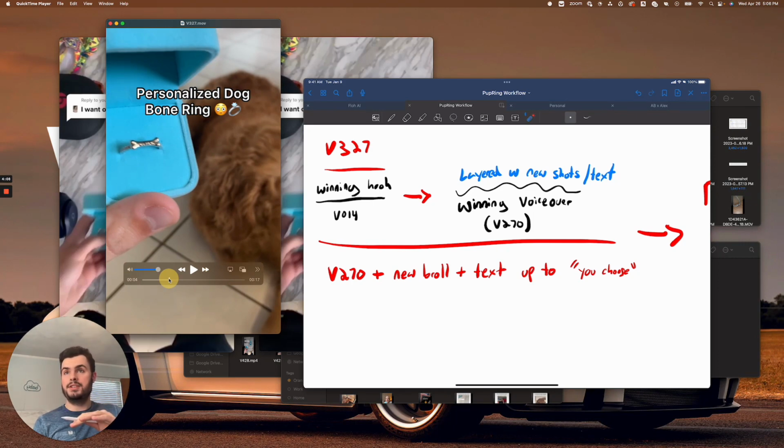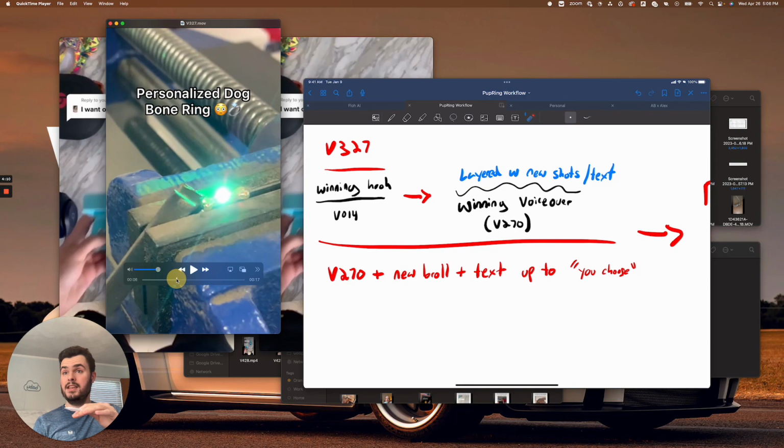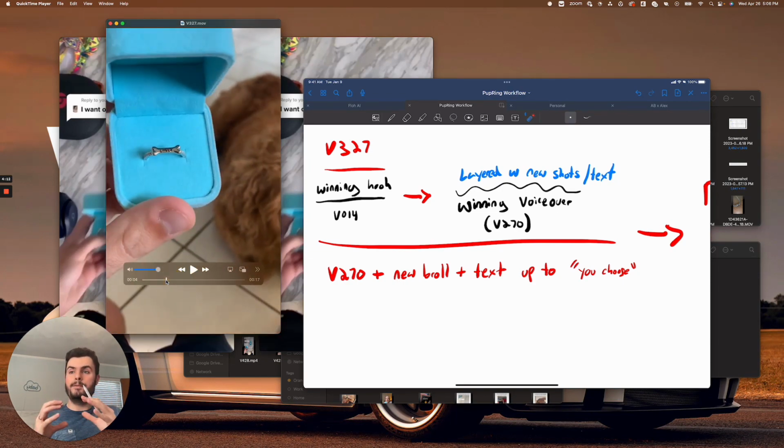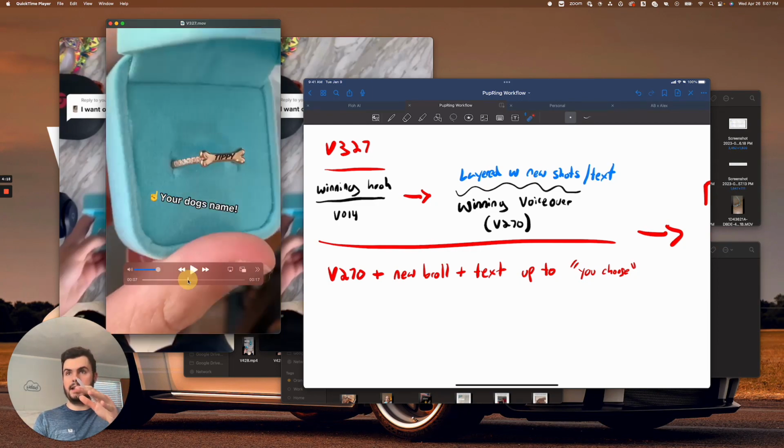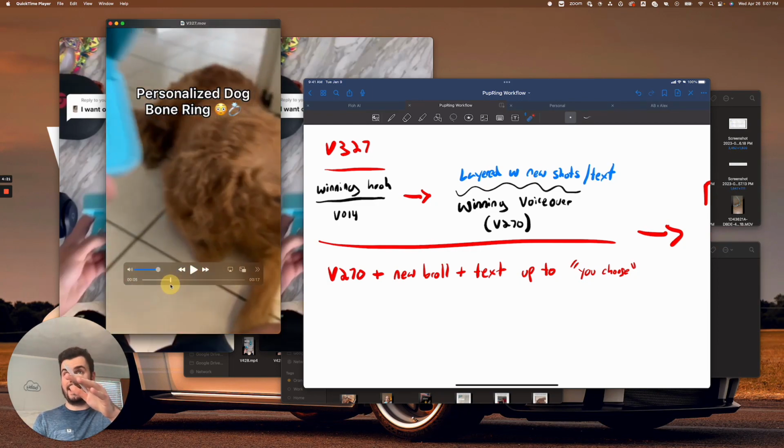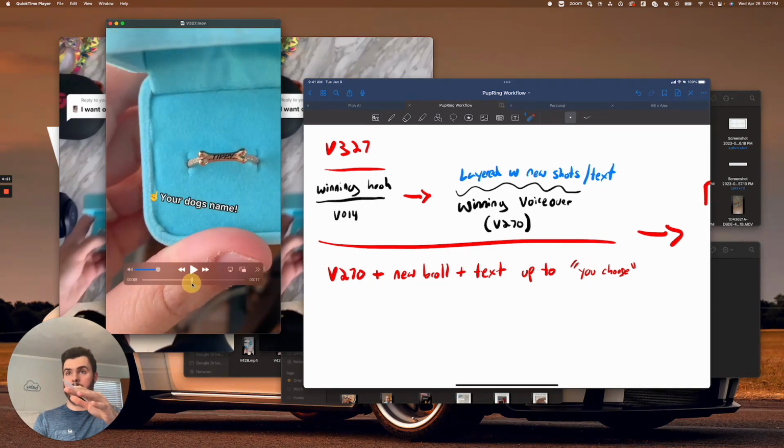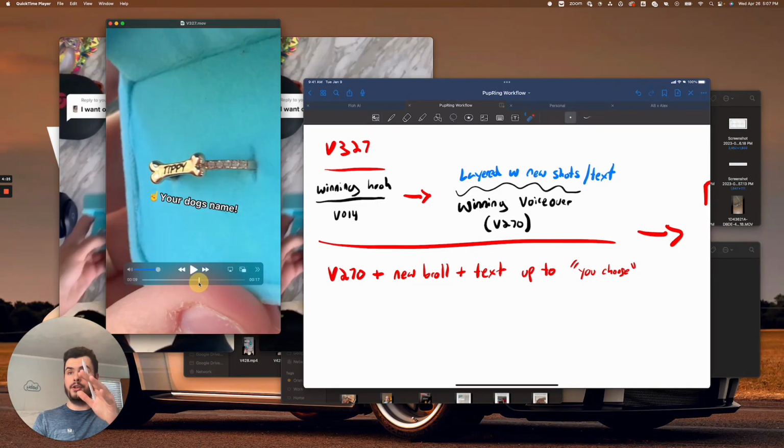We haven't used it before in this sequence. So we're taking a winning voiceover, we're taking a winning hook, and now we're testing new shots on top of it. These shots we're testing, this text as well, we're testing on top of it. So these are new variables that we need to be watching and measuring and keeping track of, because if this creative performs, which we now know it did,